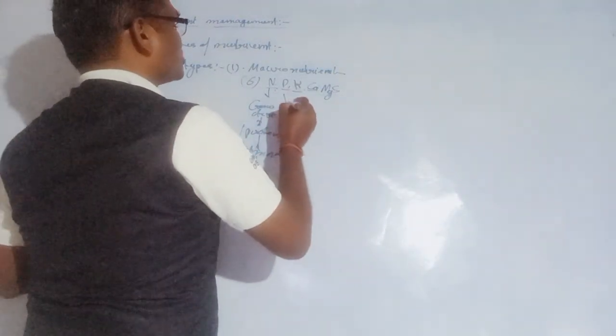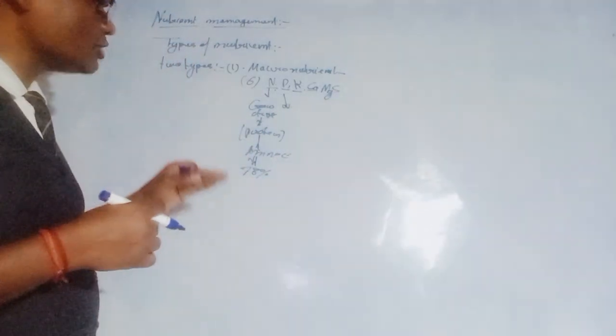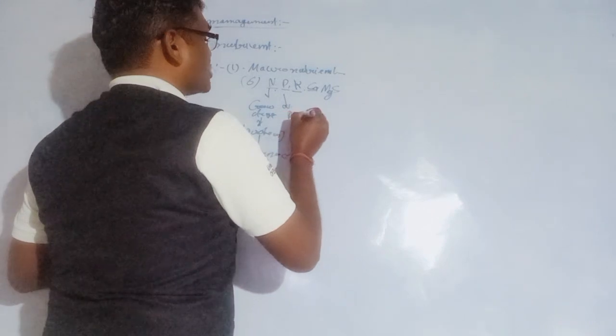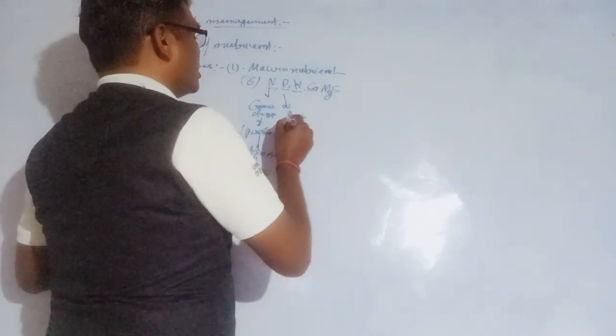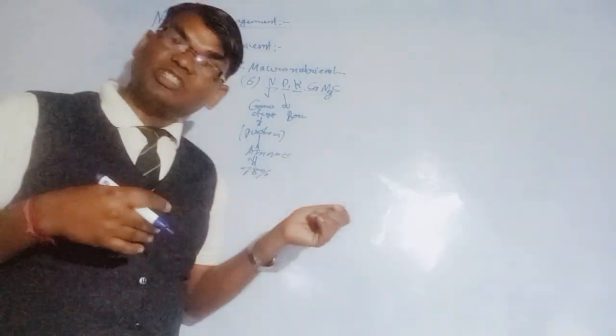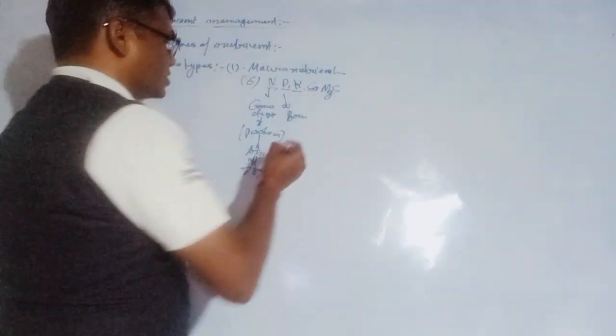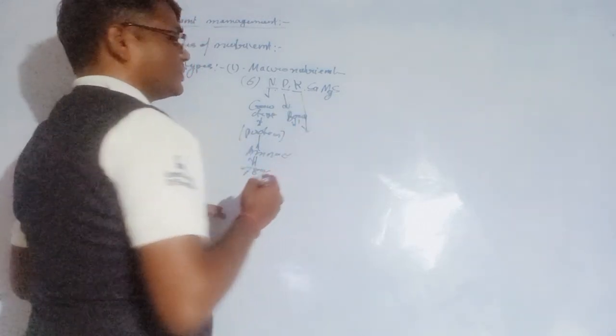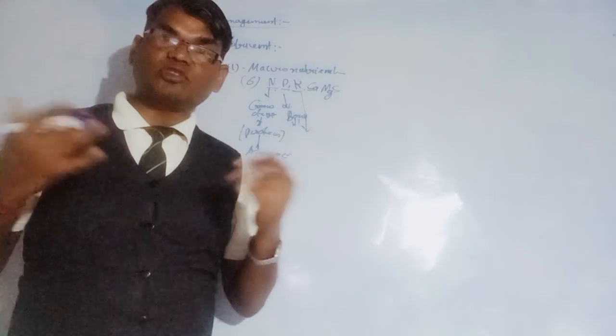Phosphorus, we know, is also an essential macronutrient that is available in the bones. It is responsible for the formation of bones and the rigidity of the body, and it provides shape to the animal or plant, both categories. Potassium is also important; the sodium and potassium pumps are available,